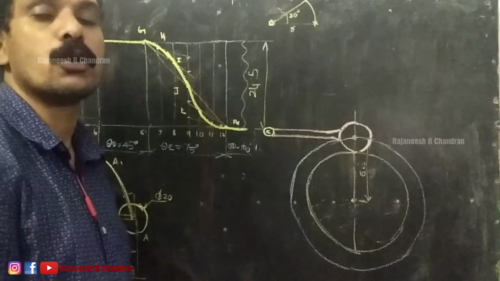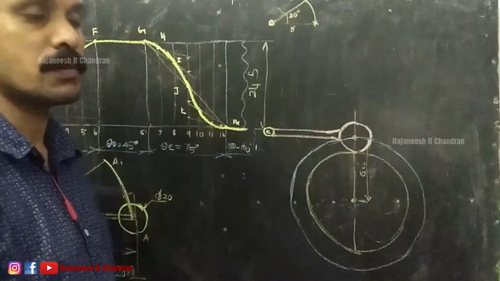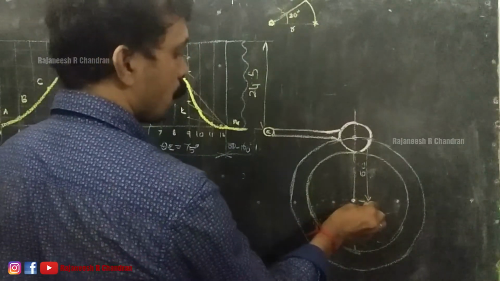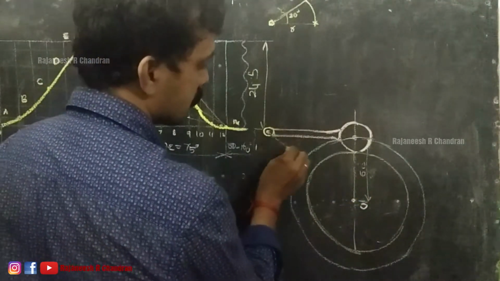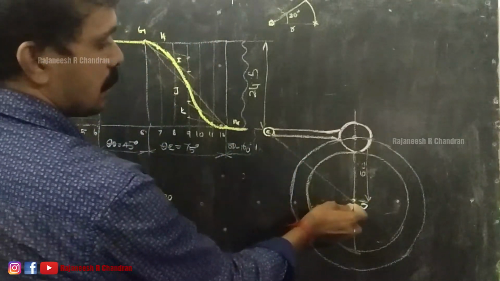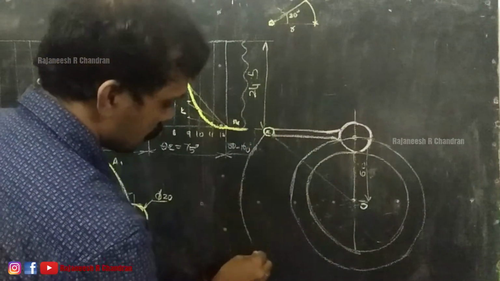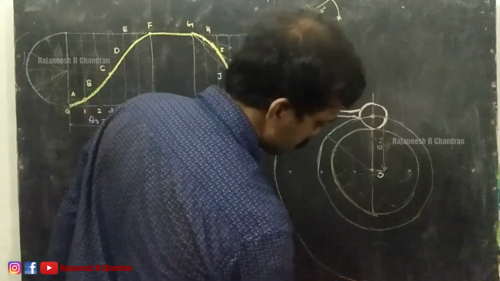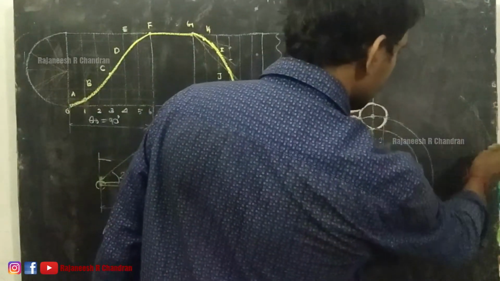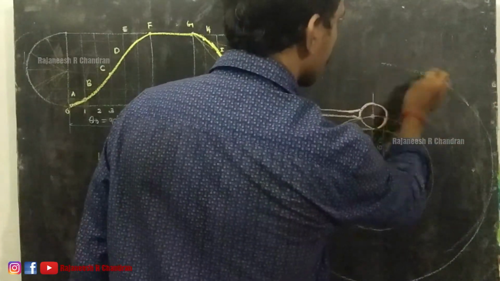Now we have to draw one more circle, and that circle is called the pivot circle. How can we draw the pivot circle? See, connect the center axis of rotation O with the initial position of the pivot. We will get a line. Keeping that line as a radius, draw a circle. This is the center and this line as radius, draw a circle, and that circle is called the pivot circle.